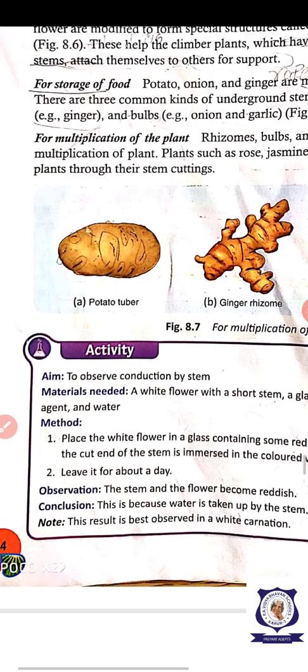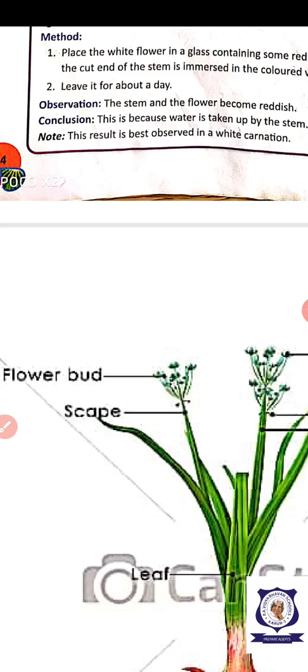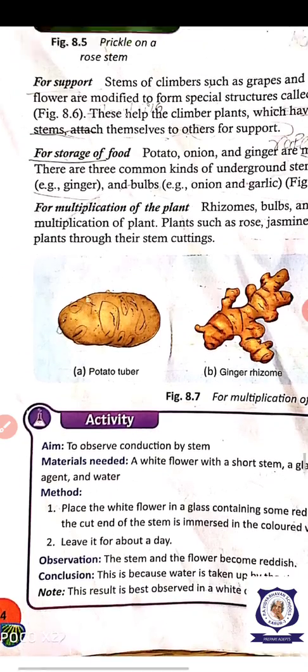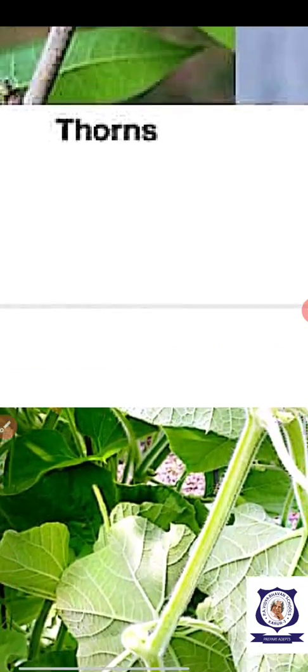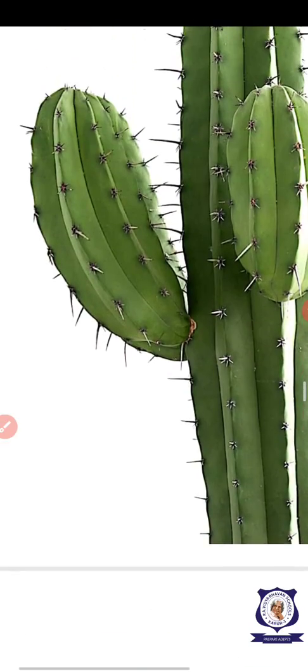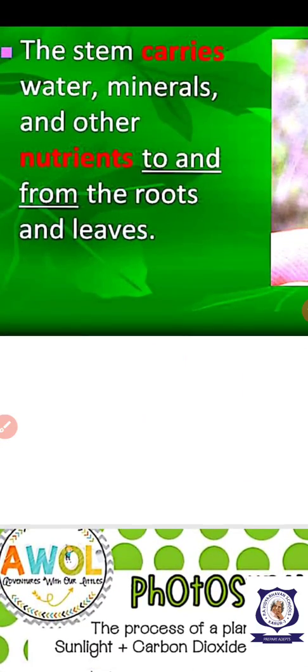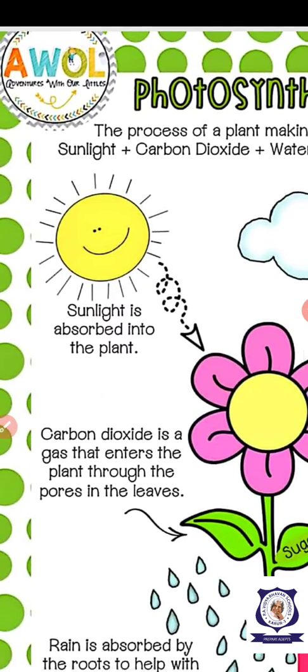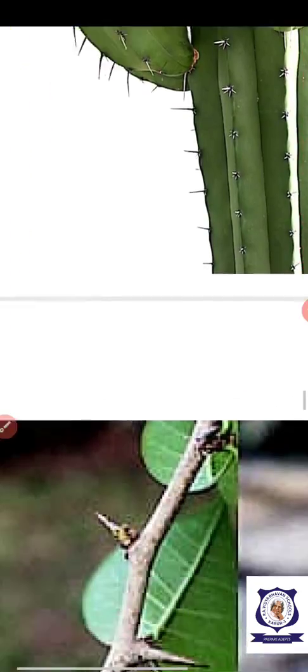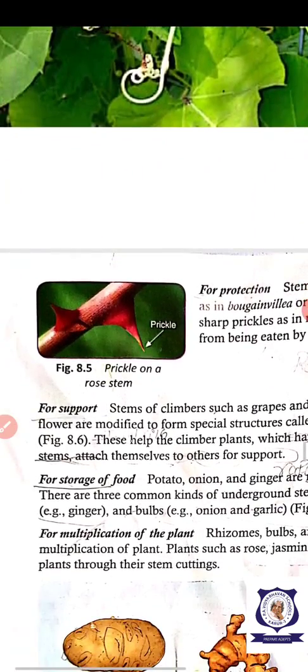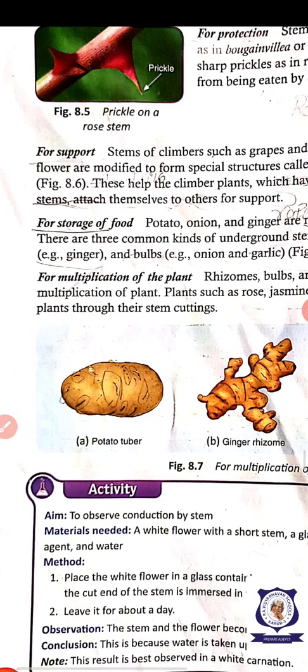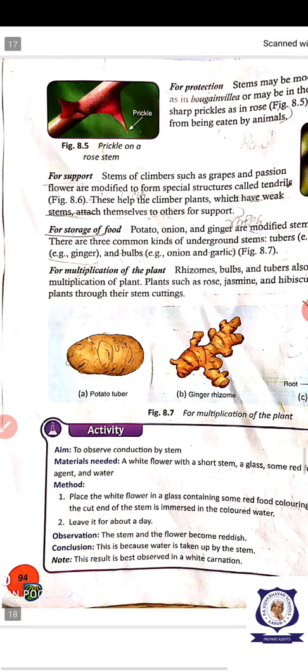According to the function, the stem is modified into climbing. It is modified for support and also doing photosynthesis, storage of water, isn't it? And also conducts the water and minerals from the root to all parts of the plant. So the first point of the stem function is bearing the leaf, flower, buds and all. And the next function is conduction of water and minerals, which is absorbed by the root.